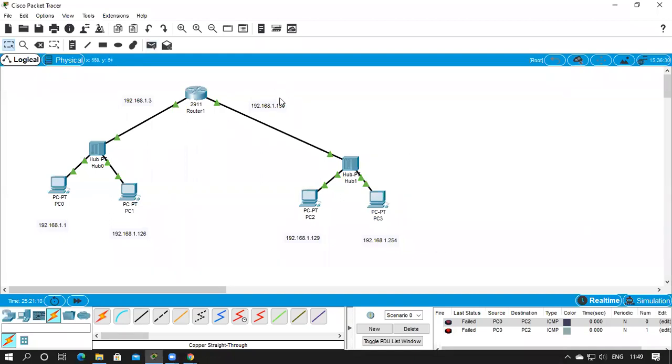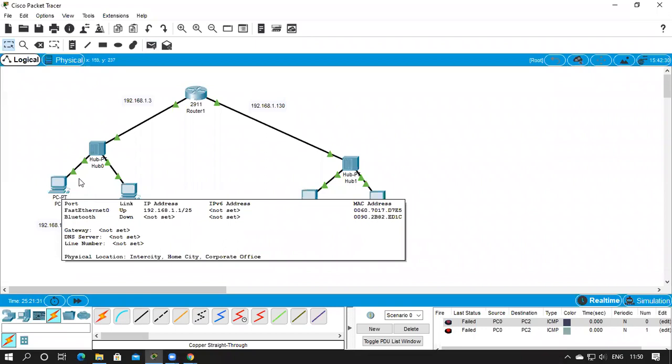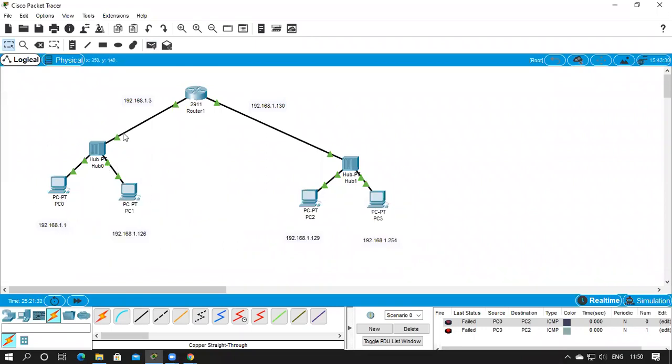Okay, there's one more correction to be done. See, we have set the IP address, subnet mask, and the router. We have not set the gateway address. That is why it is failing. So we'll set the gateway address. Now for these two subnets, it has to go through this link. So the gateway address is 1.3.